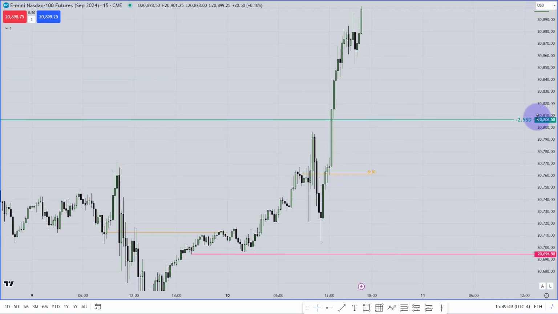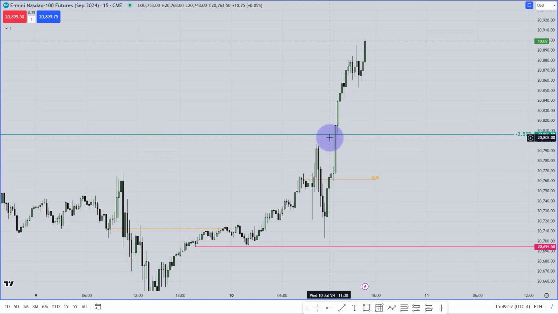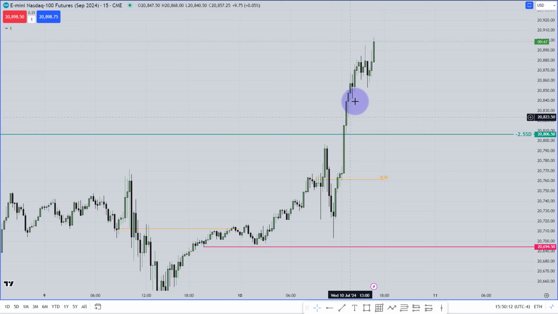So this is my 15-minute chart, and I was telling that if market would love to reverse, this minus 2.5 standard deviation is the perfect place to reverse. Now look over here how beautifully market has closed above that minus 2.5 standard deviation. So this was telling me that no, market is not going to reverse from there. Instead, it keeps going higher. How do I know that market keeps going higher?